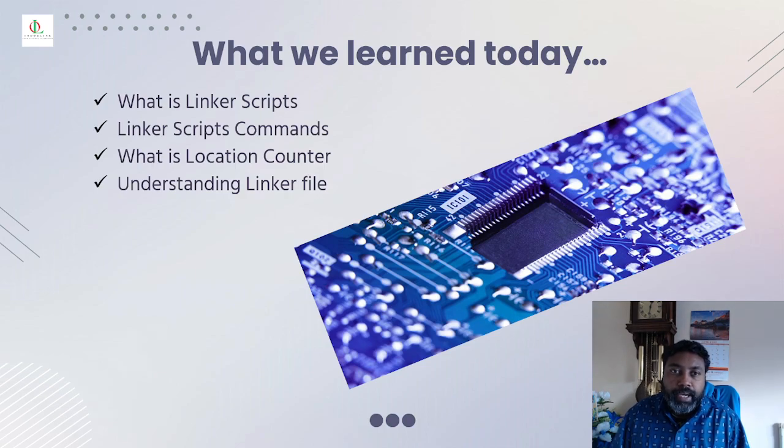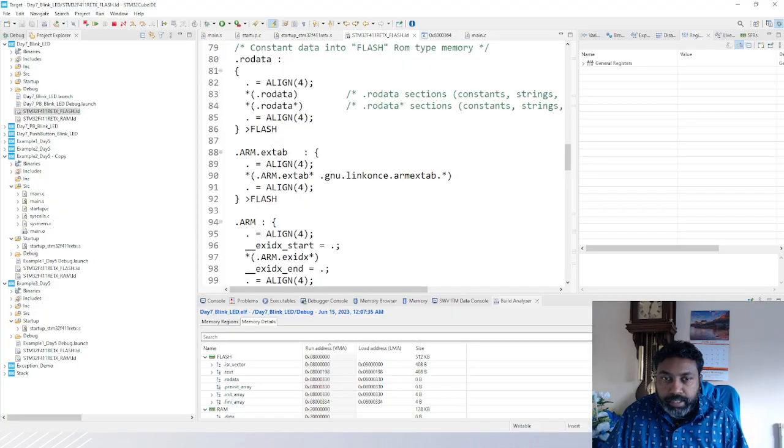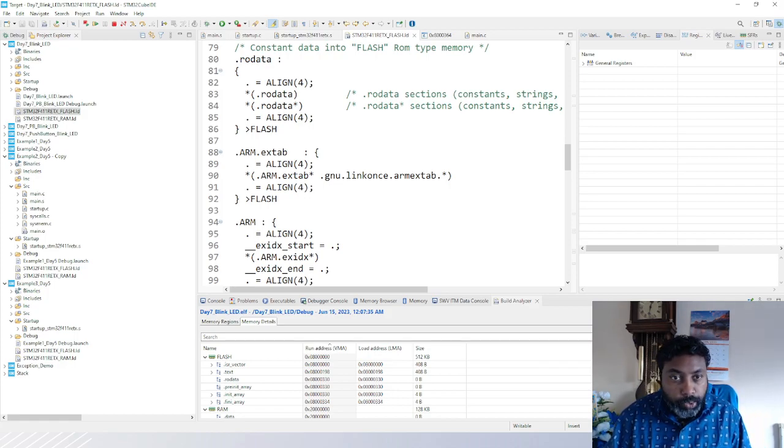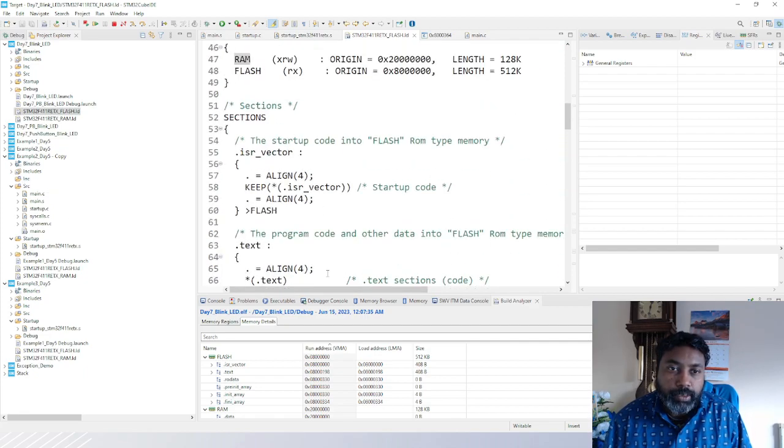So before we summarize, I'm going to go back to the program that we just learned, and I'm going to take you through it line by line so that you understand what a linker script is, and you would be able to write your own linker script when you use it in a project. So as we learned,